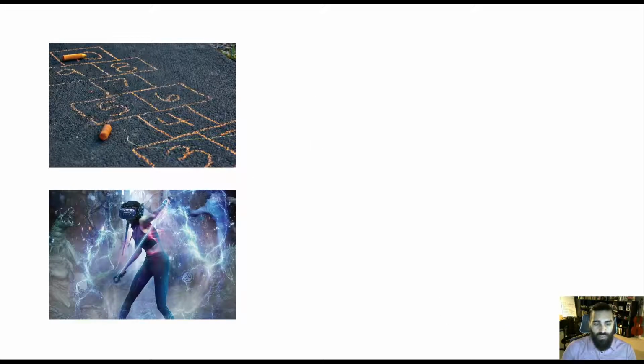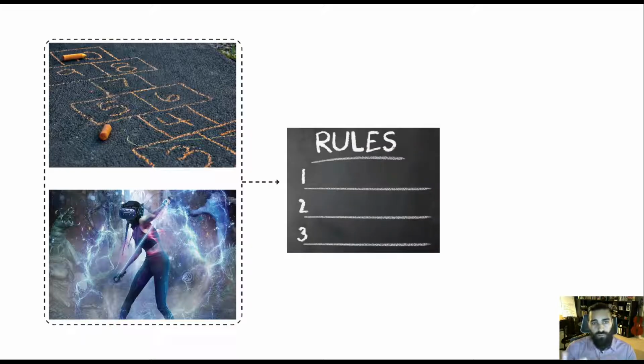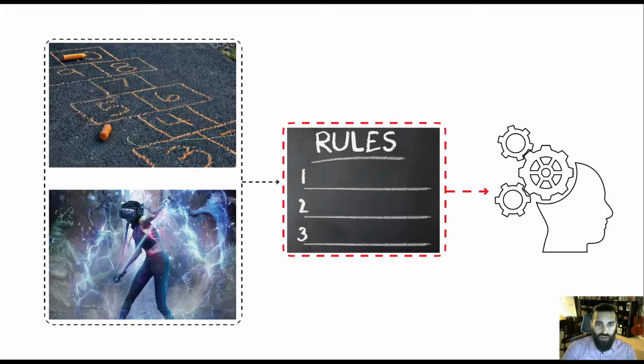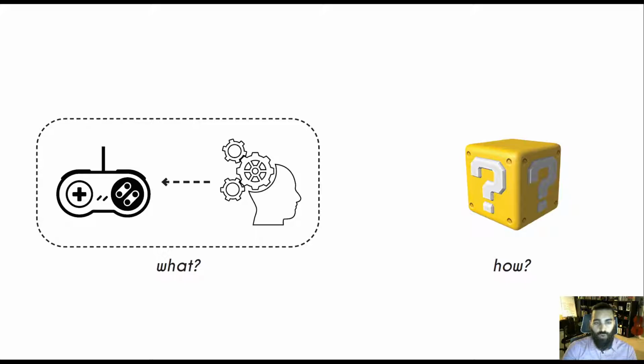So this is really important, because it doesn't matter what type of game we're playing. It doesn't matter if it's a rudimentary playground game like hopscotch, or all the way through to the latest tech of VR games. All of them require rules. The difference is how the rules are enforced. In one, the players have to actively enact the rules. In the other, the system, the computer, enforces them. But it doesn't matter. The player needs to understand the rules cognitively to be able to navigate the game, and this requires cognition.